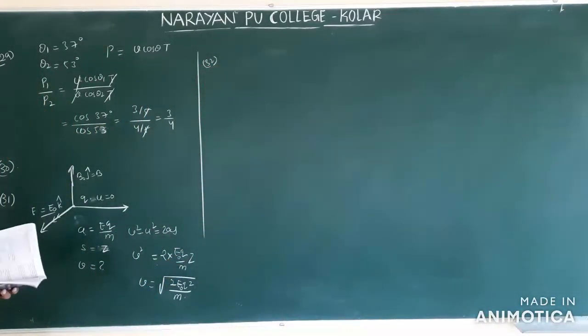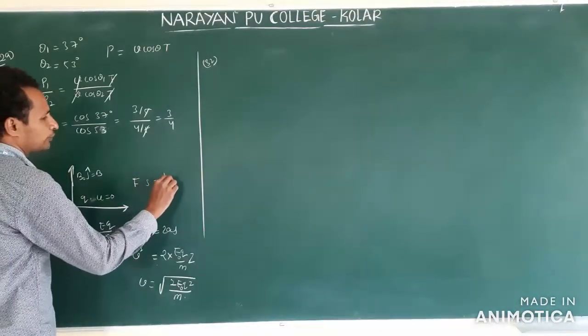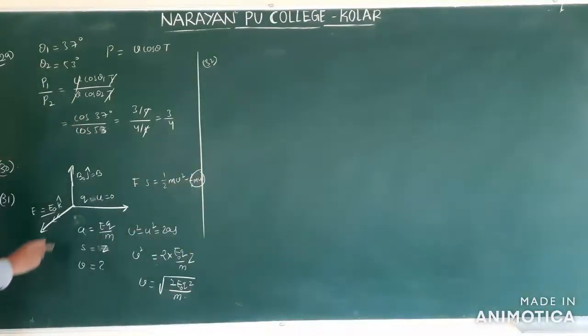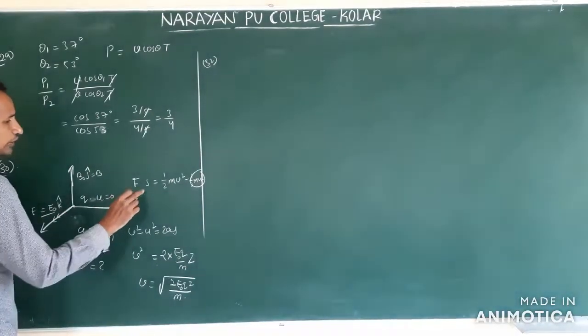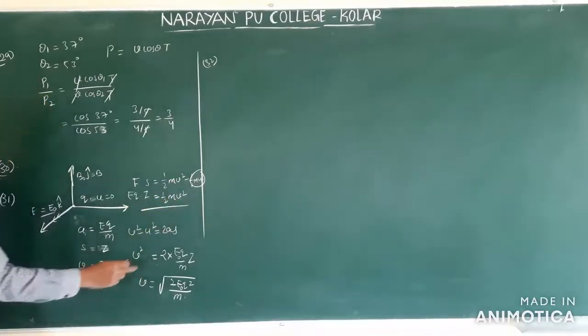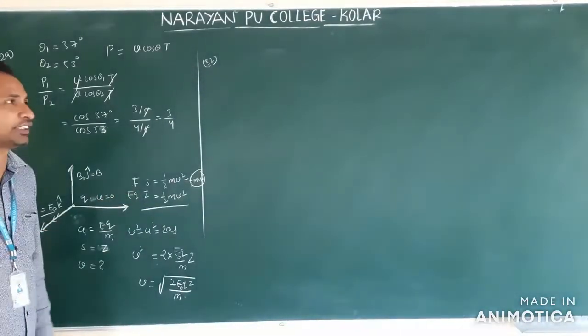Clear, this is how we follow kinematics. You can also follow the work energy theorem. Work done is equal to change in kinetic energy. Clear? Means F into S is equal to half m V square minus half m U square. U is 0. Which force is acting? Electric force, so this is EQ. Displacement is z. So half m V square. If you make V the subject, you will get this. So you can follow two methods: one is kinematics, another is the work energy theorem.